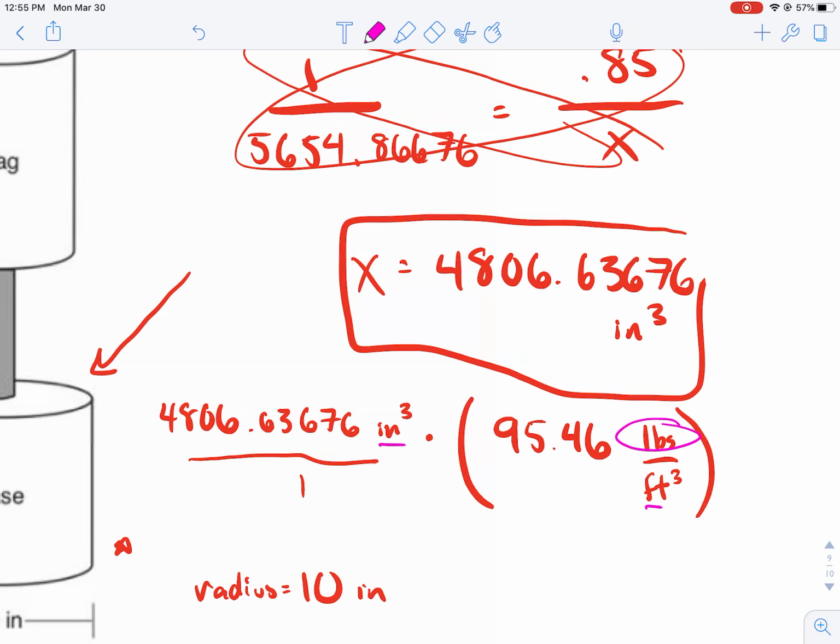What I want to be left with is pounds, right? Because we're looking for its mass. So I want to be left with pounds, which means I want feet and inches to cancel out. And at this point right now, they're not canceling. They would just be multiplied out. So in order to do that,